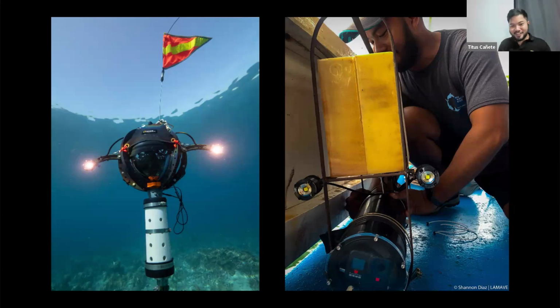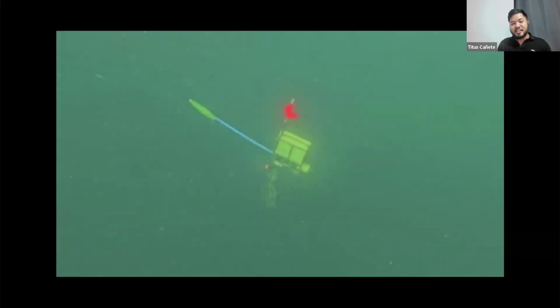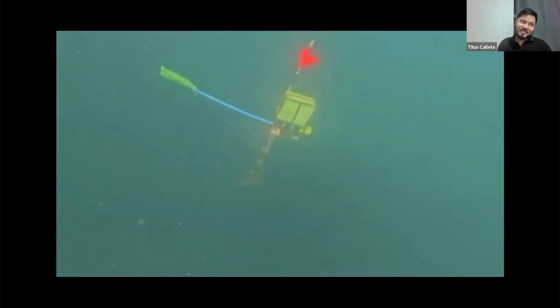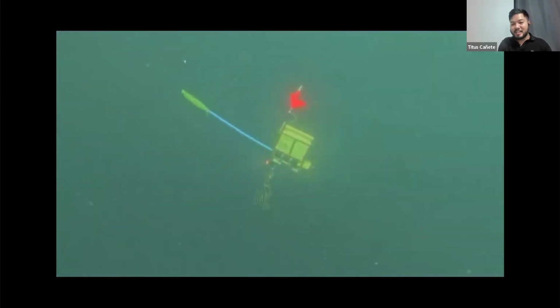Ours is a very low cost version of it. It could be done with a GoPro and a battery pack in it, and we just have a system using a simple Arduino system to cut the wire and bring it back to the surface. This is footage of our first, I would say, deep sea drop. We were able to get to 188 meters, so only a few meters short of deep sea. But it does show that this tech is possible and it works.